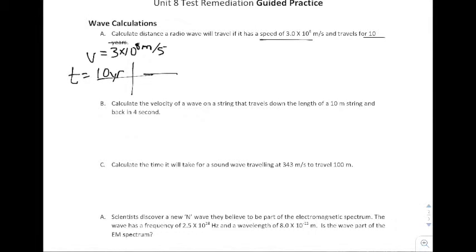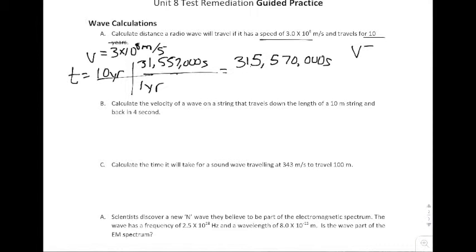So I could go years to days, days to hours, hours to minutes, minutes to seconds, or if you know that in 1 year there is 31,557,000 seconds. Okay, when you take this and you multiply it out, you get 315,570,000 seconds. Okay, so at this point, you have a velocity, you have a time, it is a constant velocity, and